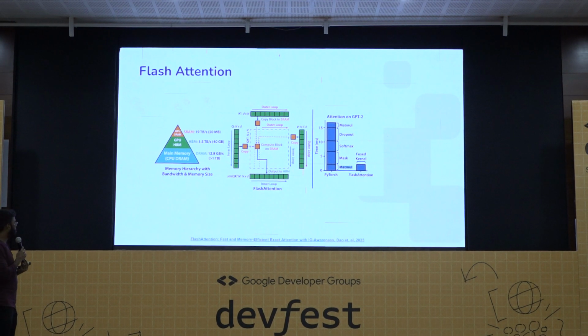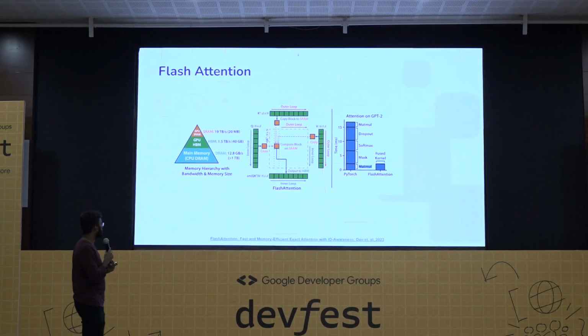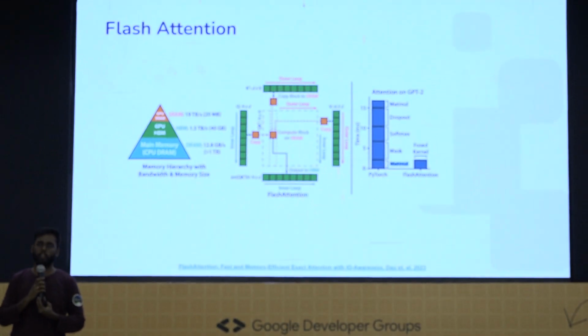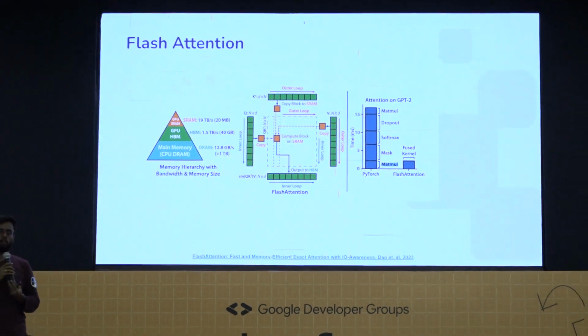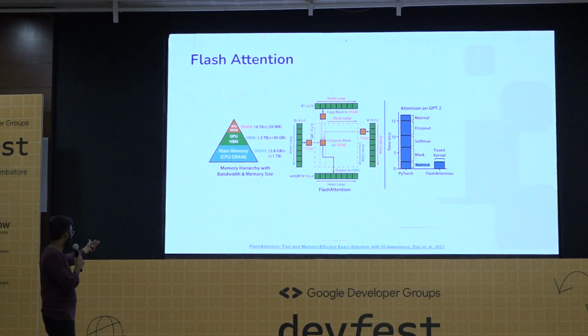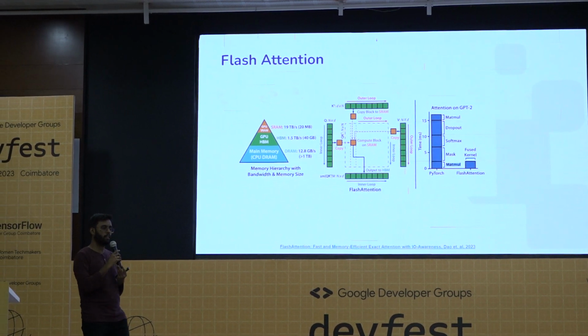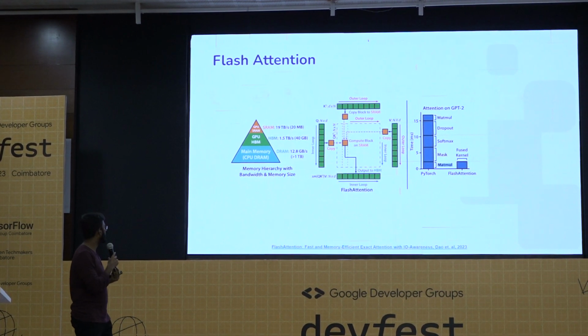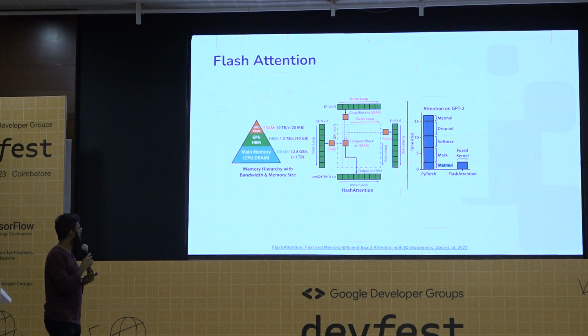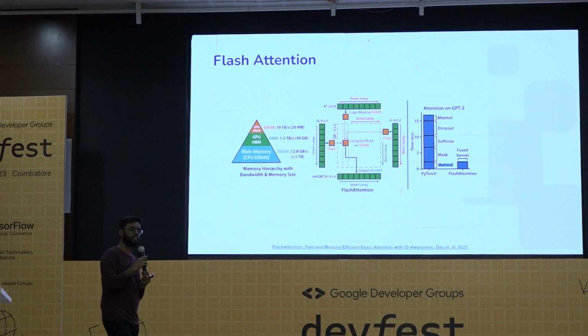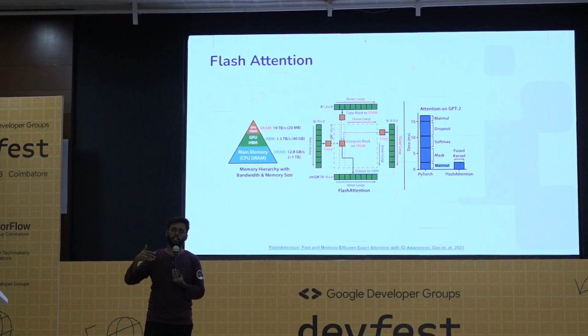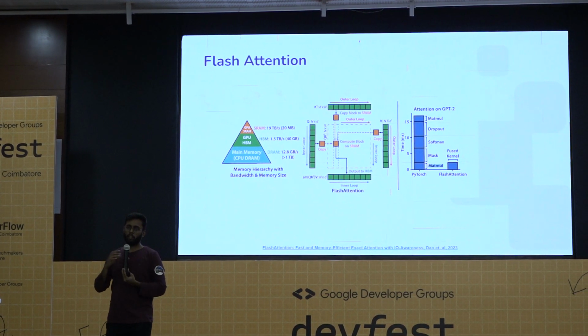There was one technique or method that was introduced in this paper: FlashAttention, fast and memory-efficient exact attention. Since our text generation is mostly memory bound,